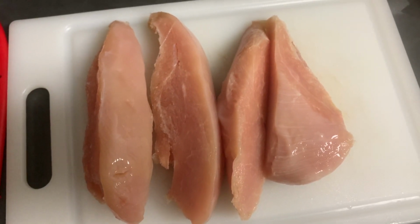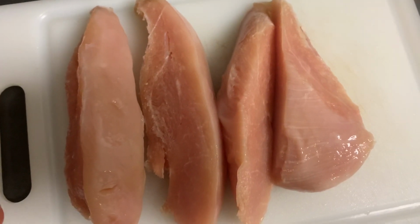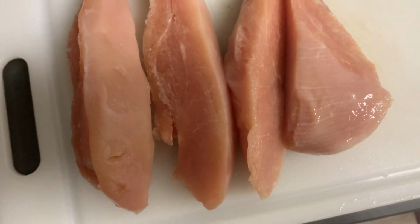So typically I would just cut the chicken breast in half so they're not too big of pieces, and then I will cook it for 10 minutes on one side and then 10 minutes on the other. When it's flipped on the other side, I cover it and then I put it on low. So right now I don't season my chicken. I just put like hot sauce on it. I know it's super boring, right? But